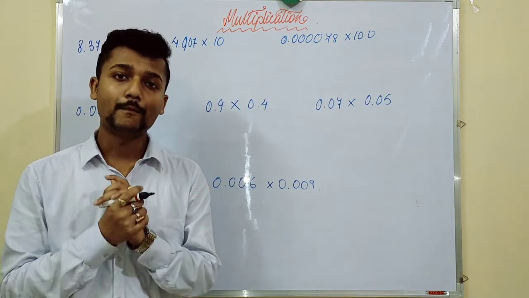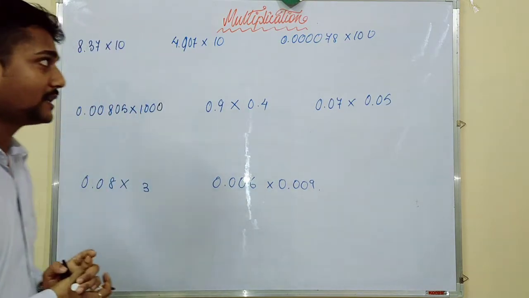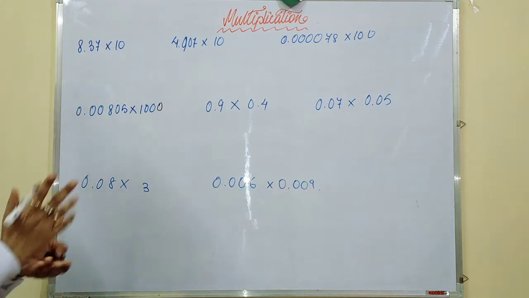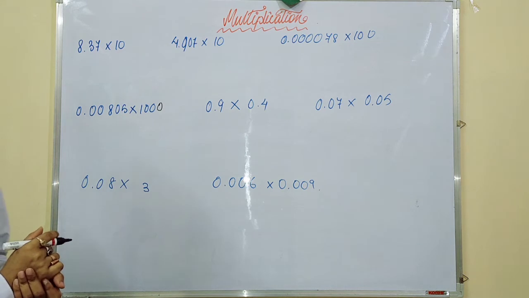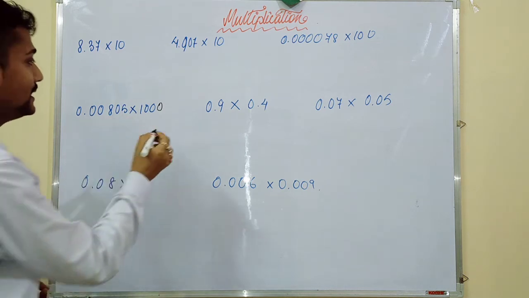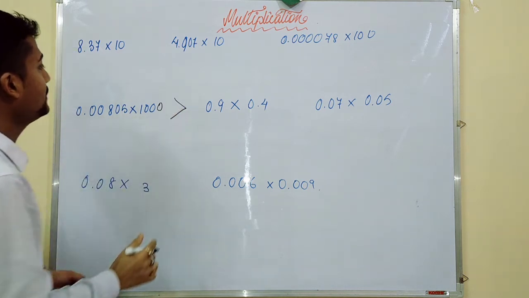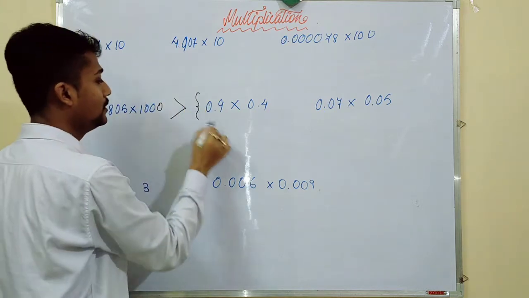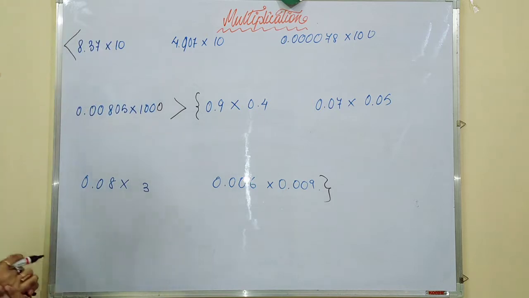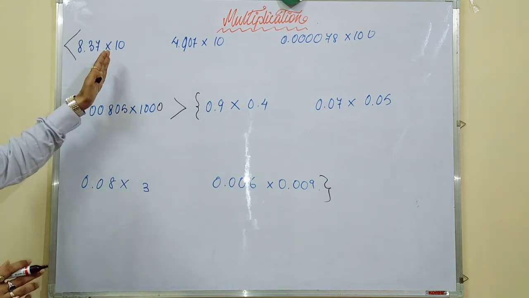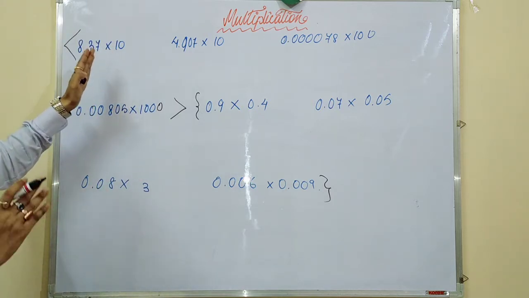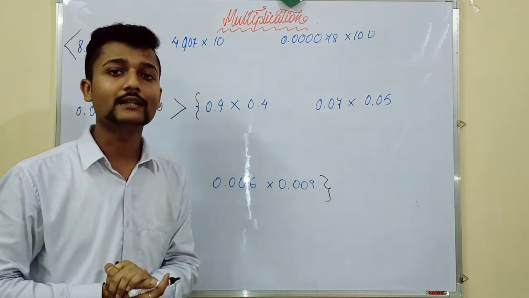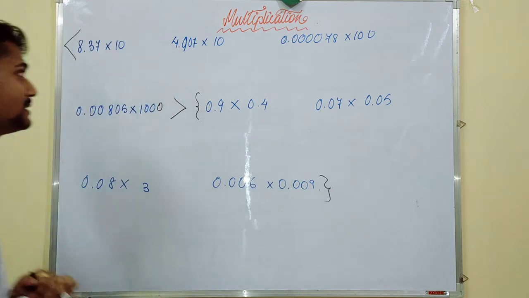Now we'll be doing multiplication of decimals. So I have taken two categories of decimal numbers, and there are two types of solving this kind of questions. So let us see how to do it. From here to here it is one category, and from here to here it is another category. Here what do you see? It is being multiplied with either 10, 100, 1000 in that manner. And what do you see here? Both are in the form of decimal numbers. So let us see the first one.